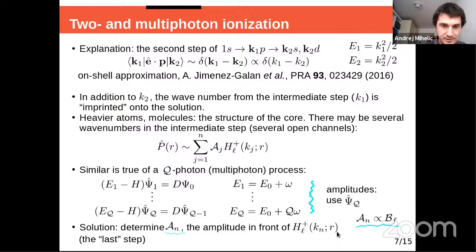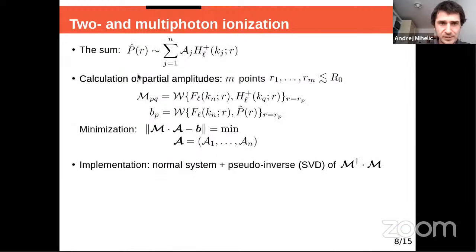And this is actually much simpler than it looks. So this can be done in the following way. If we have, let's say, this asymptotic form of the radial function, all we need to do is calculate the Wronskian